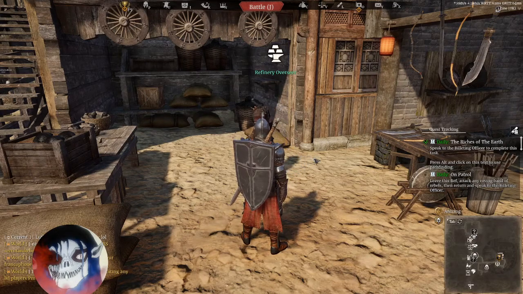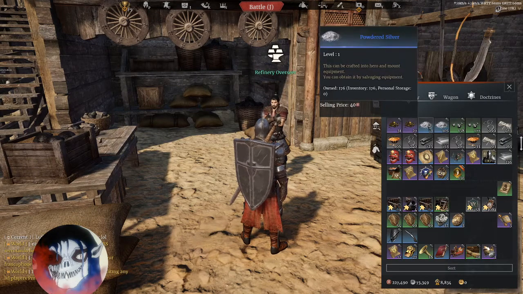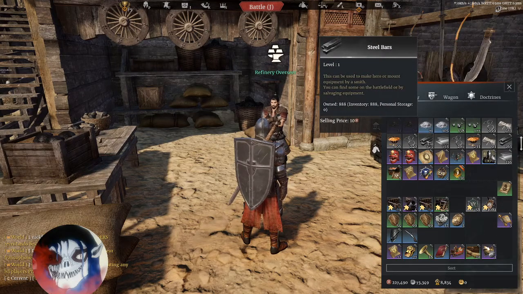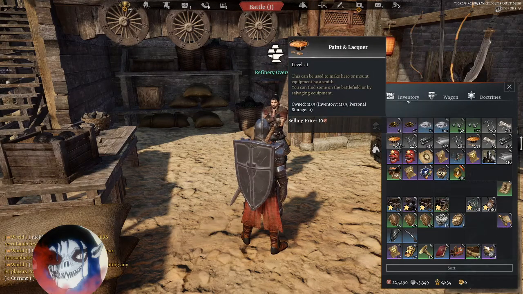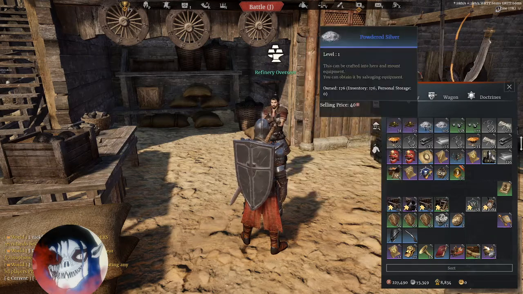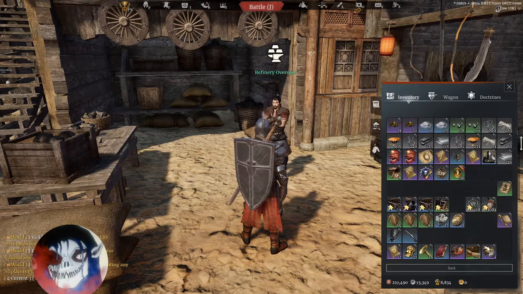Your equipment resources, which are things that you use to either make or recondition horse and warlord equipment, are things like gold dust, powdered silver, rivets, fasteners, rings, wire, bars, plates, paint and lacquer, and the like. These go in your inventory and not in your wagon or supply dump. Now, you get these from either doing